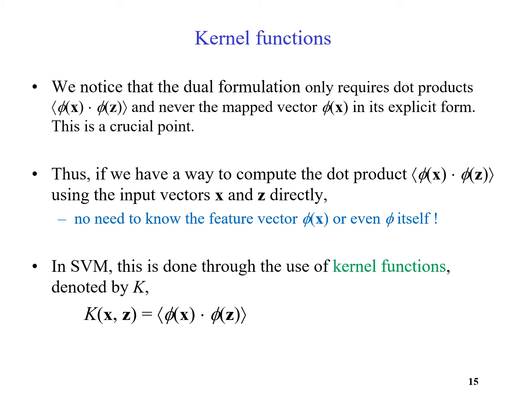This slide is just a reminder of what we have learned so far. In a dual problem, we need to calculate the dot product of two mappings, right? But we are not able to calculate the mapping value of this. Calculating each mapping value is impossible. Actually, what we can do is replace this whole thing